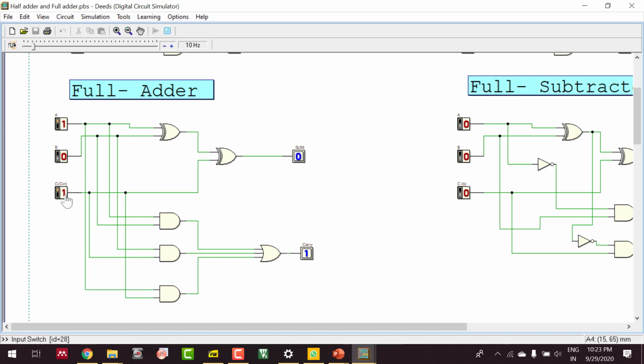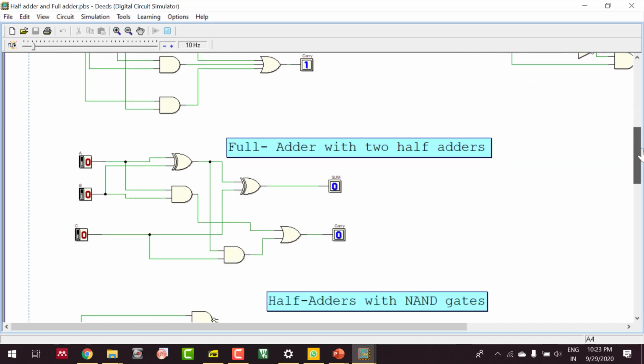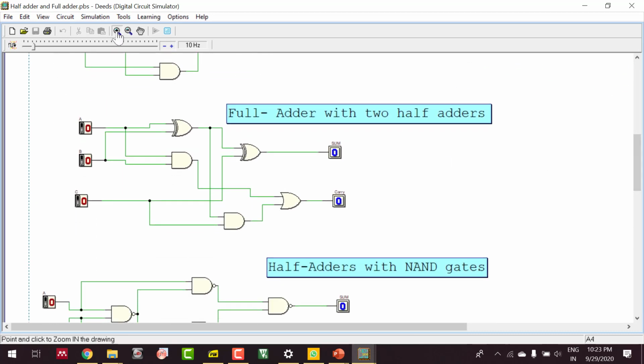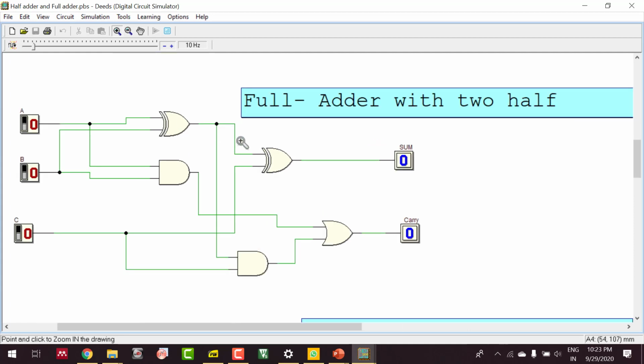I can keep carry in 1 and A and B bits are 1 comma 0. You are going to get 1 plus 0 plus 1. That means you are going to get sum 0 and carry 1. This is how you can verify the truth table of the full adder. This is one kind of circuit for the full adder with the basic gates. And we are going to have one more circuit where you construct the full adder with two half adders. If you look here, this is the same full adder circuit